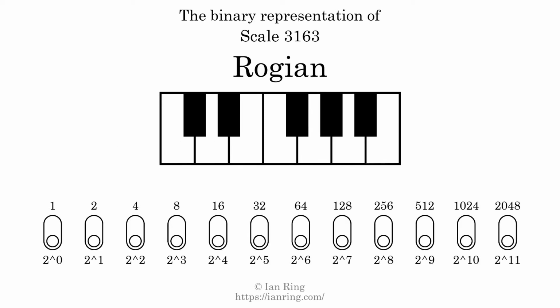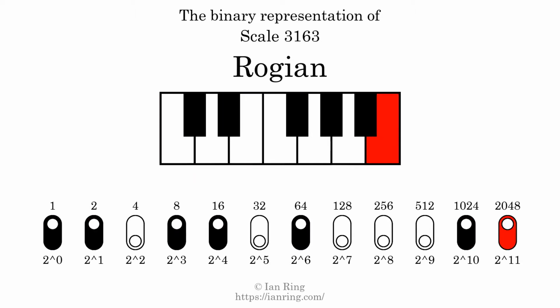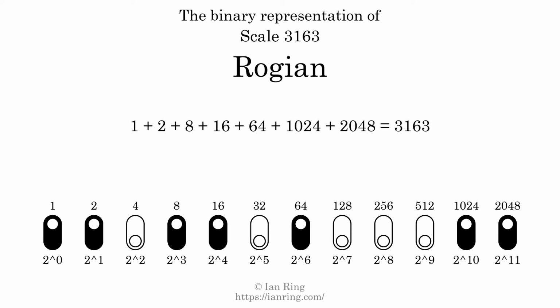The binary representation of this scale is determined by mapping tones of the scale to binary digits. Each binary digit represents a power of 2. To get the scale number, we add the powers of 2 together. The powers of 2 that are present in the scale, all added together, equals 3163. That is why the scale number, in decimal, is